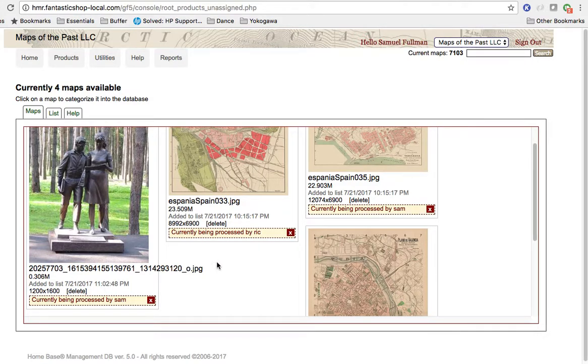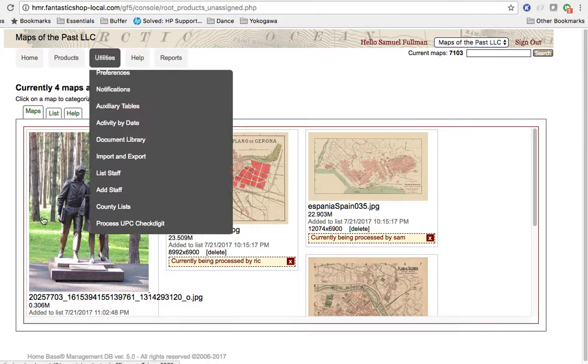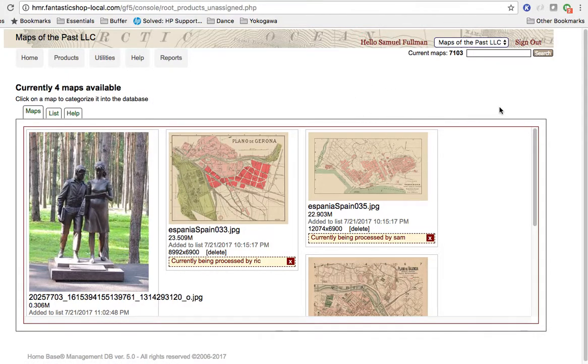Now let's go ahead. I'd like to actually show the process of maps of the past in particular. And so what I'm going to do is I am going to load a map. So I'm going to show